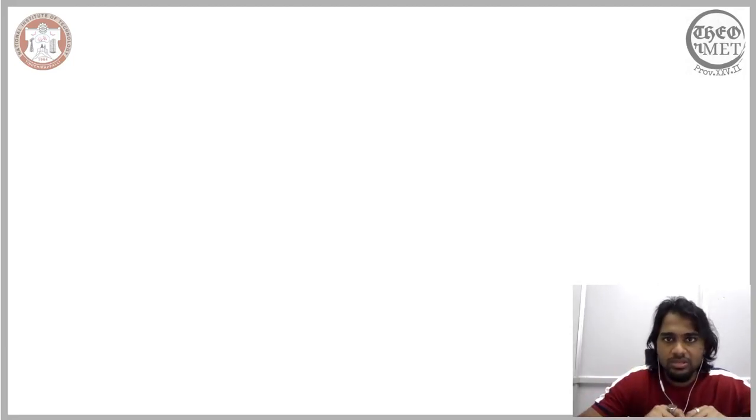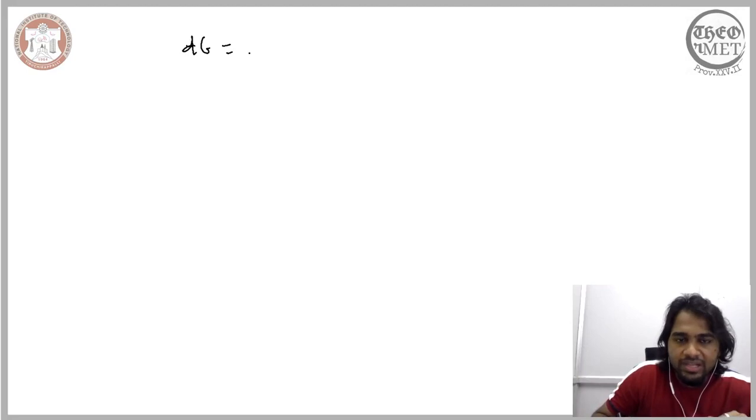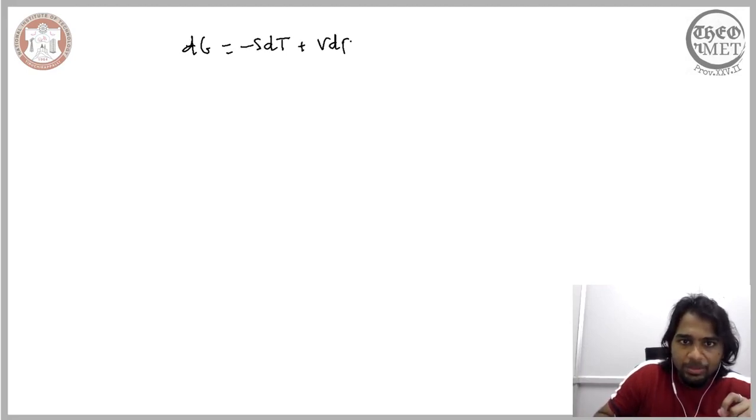focus to the material system, and in the last few lectures we have been considering how the thermodynamic functions help us identify the stable state of a given material. So in order to do that, we began by considering a thermodynamic function, which is the Gibbs free energy. Now, the change in the Gibbs free energy is expressed as the combination of the change in the temperature and the change in the pressure.